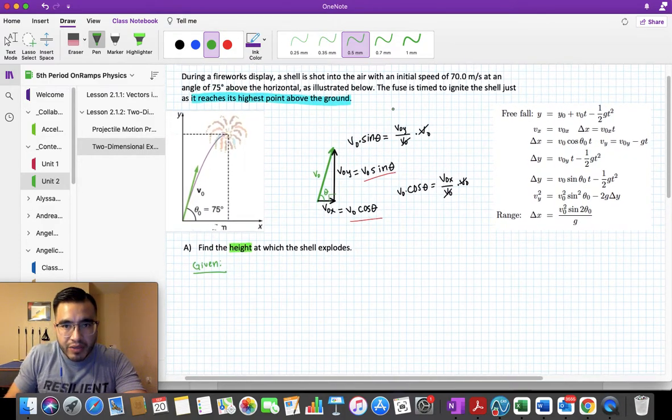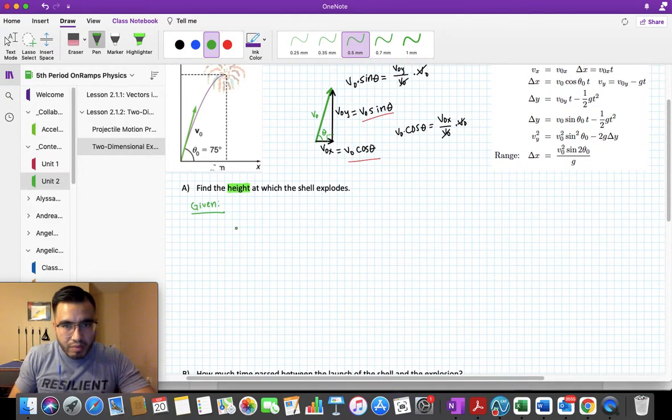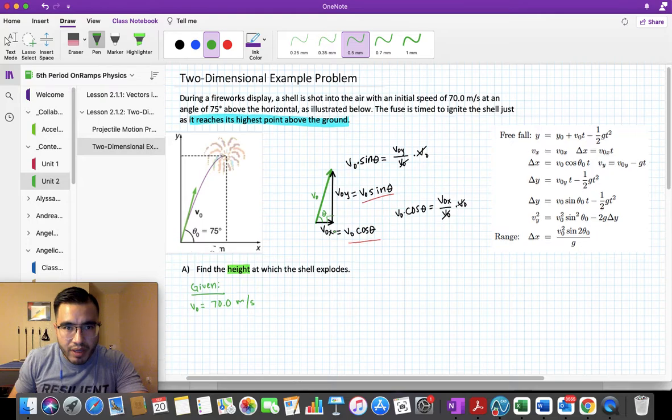We have initial velocity, just initial velocity, right? We don't know what the initial velocity is along the x or along the y yet. We know how to find it, we just don't have the number. So V naught is 70.0 meters per second. That is the velocity, right? And then theta